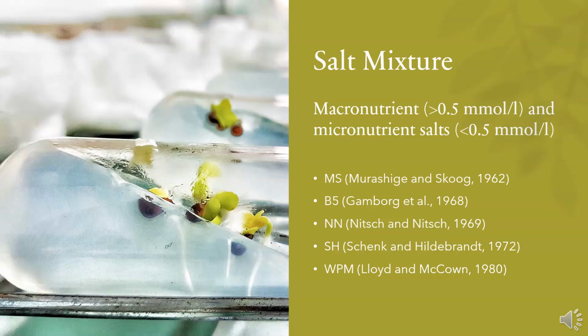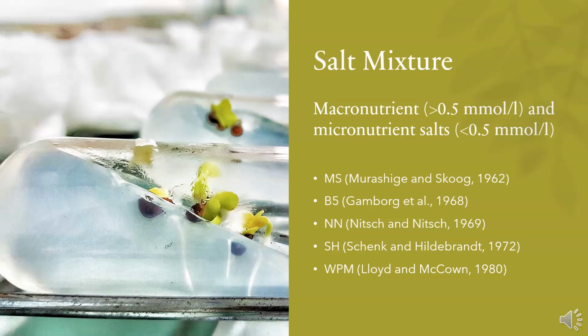Basic media frequently used for plant cell and tissue culture include MS (Murashige and Skoog) medium and Gamborg's B5 medium. Other formulated media, such as NN medium, SH medium, and WPM medium, are also available for different culture systems. Different plant systems have varying nutritional requirements, therefore, there is no single medium that can be used for tissue culture